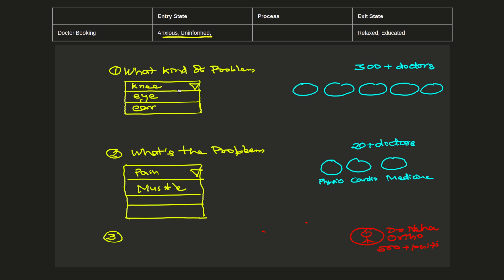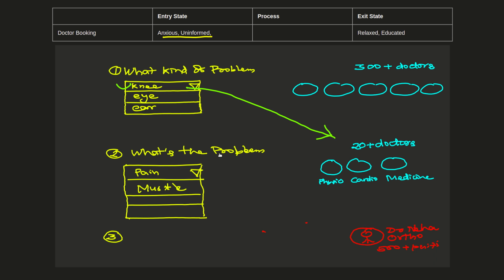let me just go to this fifth one. Okay, so what they have chosen is this knee, right? So from this knee, once they have chosen, it can be multiple kinds of things, right? So a physiotherapist can work with you, a cardiologist can work with you, an ortho guy can work with you, and a medicine guy can work with you, right? So you are becoming educated in between this kind of stuff, right? So that is what you are actually achieving.